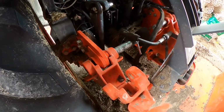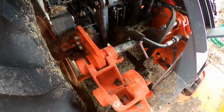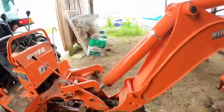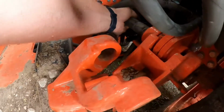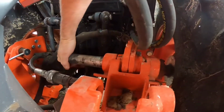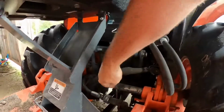Wiggle her back and forth until that pin slides in. Almost. As that one started, that one started, this one should go in. Not quite. Which way she gotta go? That's probably all she needed right there. Not quite yet. Now